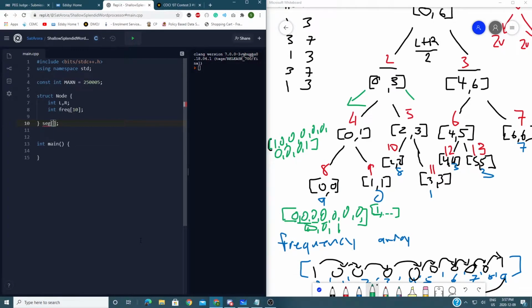It will be four times the array size. Yeah, 4 times max n. The array size is going to be max n. In this case, that's just a number of